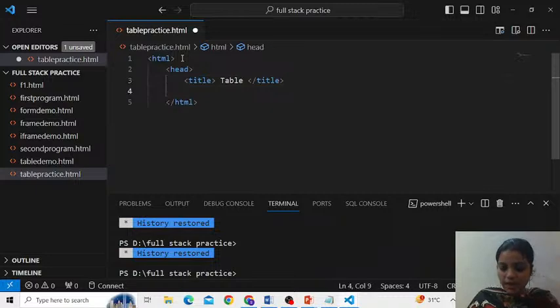Let me close the head also. Head closes. As of now, inside the head section, we have used only one tag. That's a title tag. Very soon, most probably from tomorrow or maybe day after tomorrow, day 6 or day 7,